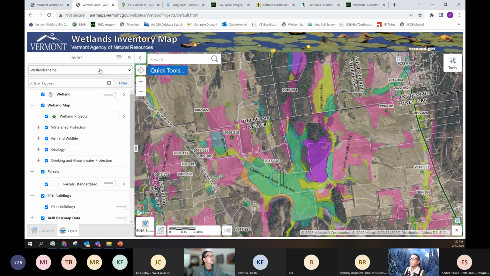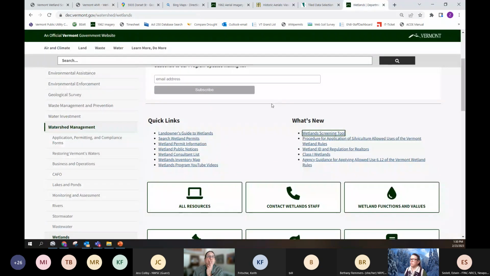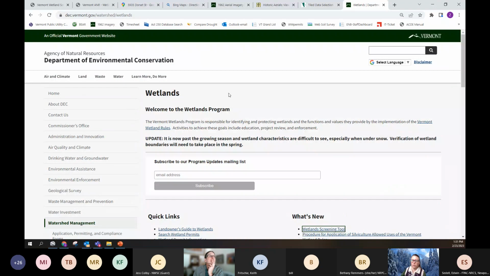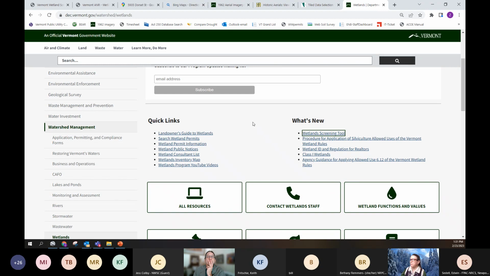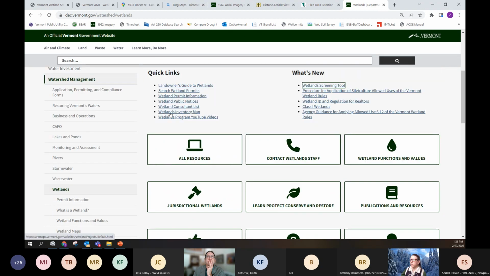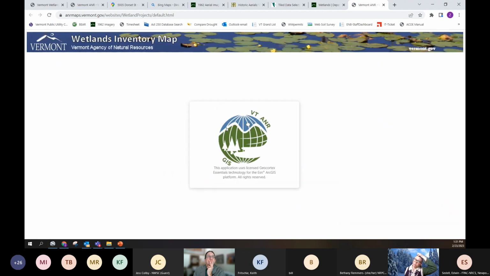So, Wetland Inventory Atlas. This is also accessible from our website. So coming back to our website, look up Vermont Wetlands, Wetland Program. It'll bring you to our website. It's not pretty. It's pretty Unitarian. But down here, you can click on the Wetlands Inventory Map, and it is going to launch that program for you